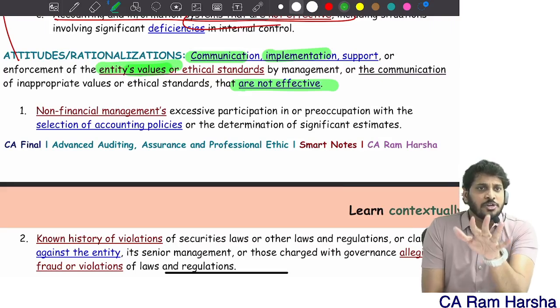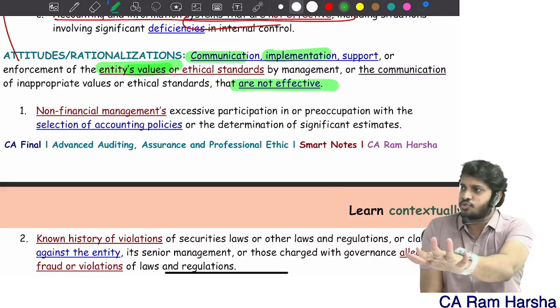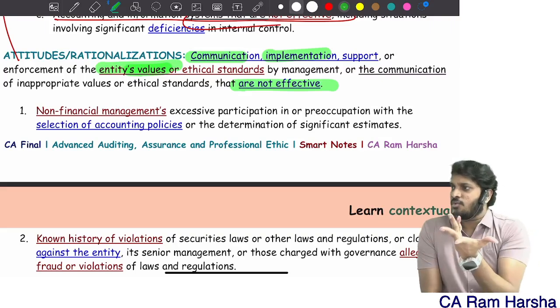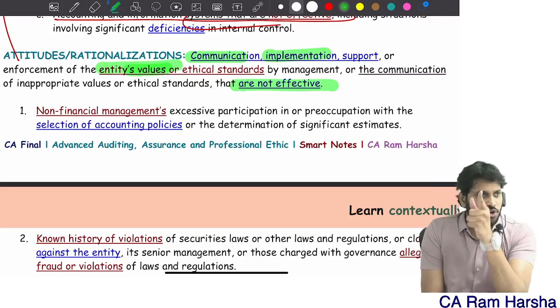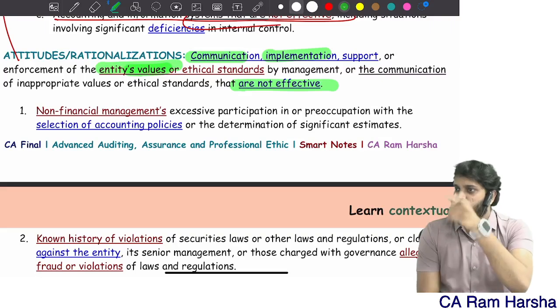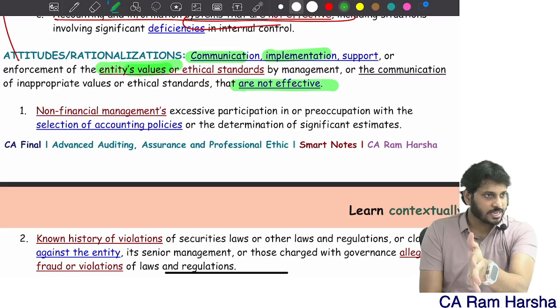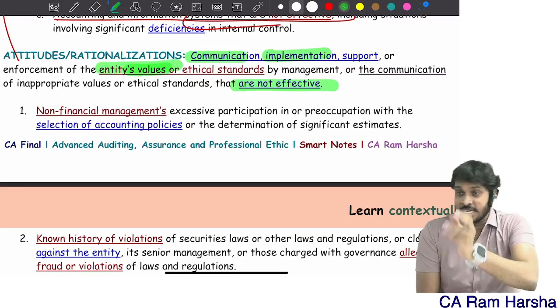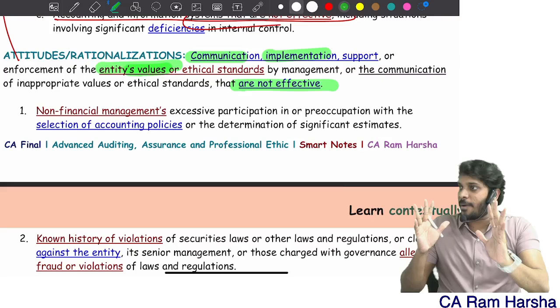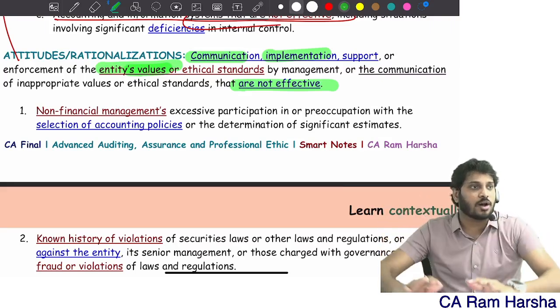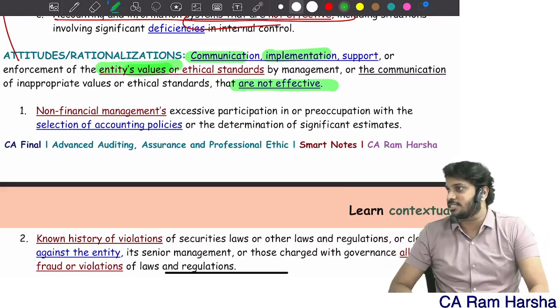When you are newly recruited by any company, for 15 days to 1 month or 1.5 months, training will be there. What is there in the training? They explain the code of conduct in the entity, what you have to do, what you're not supposed to do. They explain the code of conduct in a serious tone. That indicates the top management is committed towards quality, committed towards a culture of honesty. You're getting it?